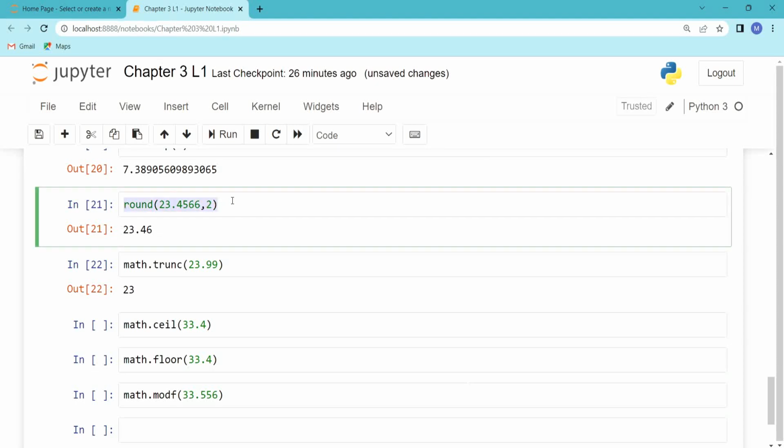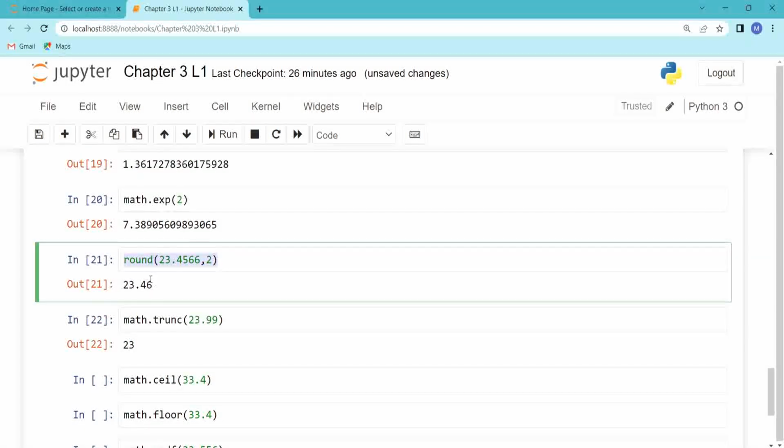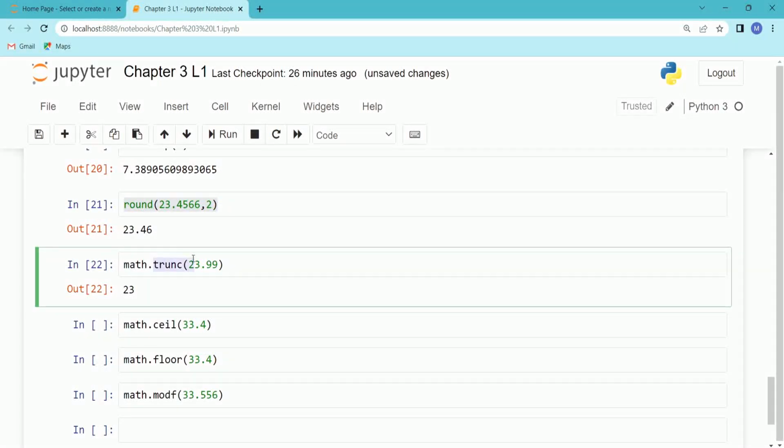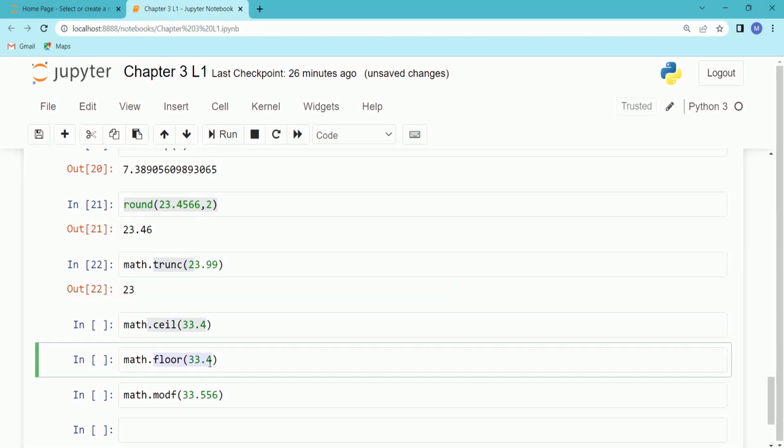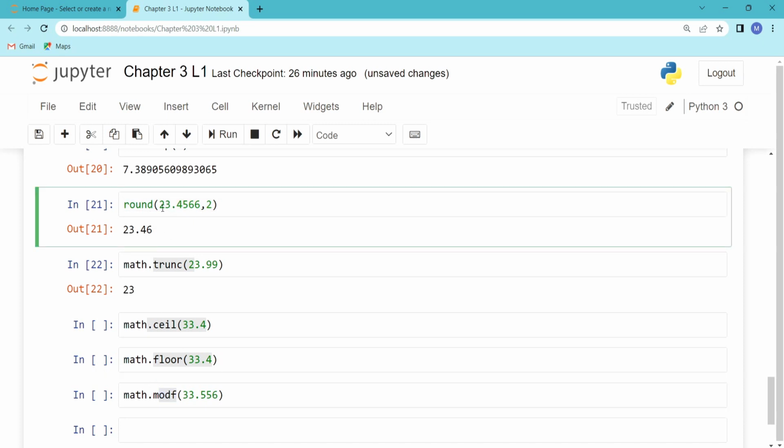Round off is inbuilt. It is not a library function, but to compare these methods, say round, truncate, ceil, floor, and modf, I have taken this. So you can see round off will round off to the number of digits. When it comes to truncate, it will remove the fractional part. Only 23 has been printed. If it were rounded off, we should have got 24.0. Correct? So that is the